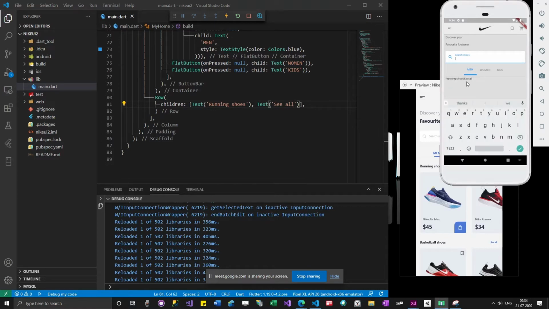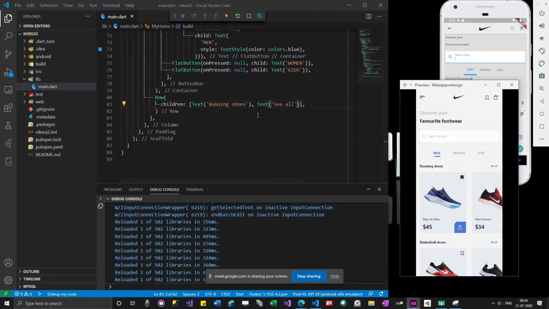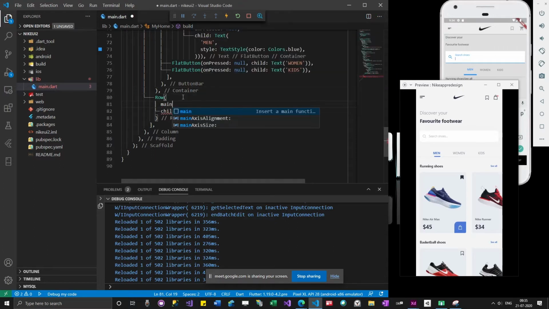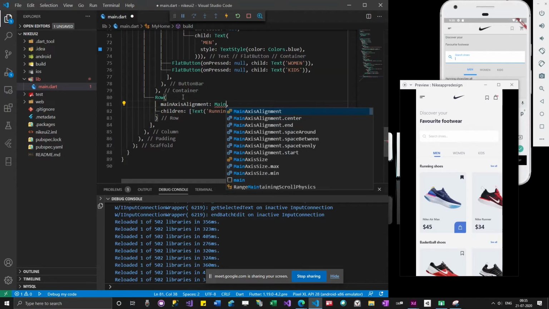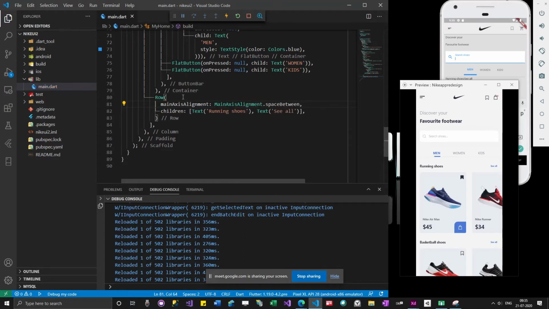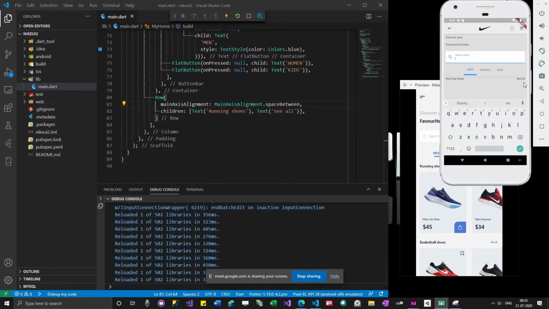So I got these 2 texts, but they are spread across. For that I'm going to use main axis alignment, main space between. So now you could see that both of them are arranged horizontally.